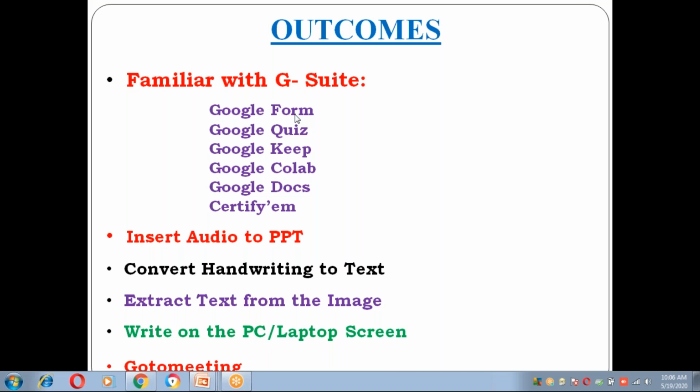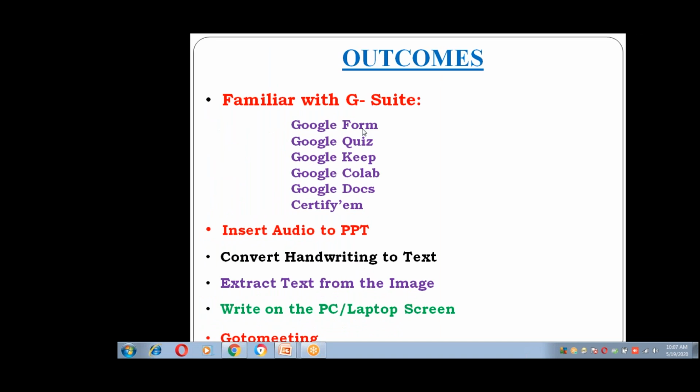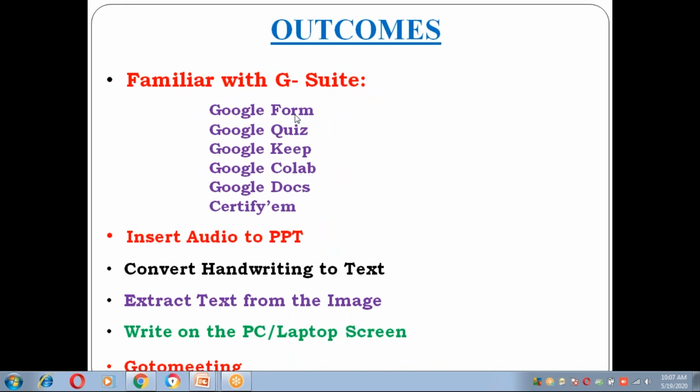And in the afternoon session, Madam has explained about the Google Classroom. So in the Google Classroom, how can we submit and give the assignments, and similarly, how can we award the marks to the students.